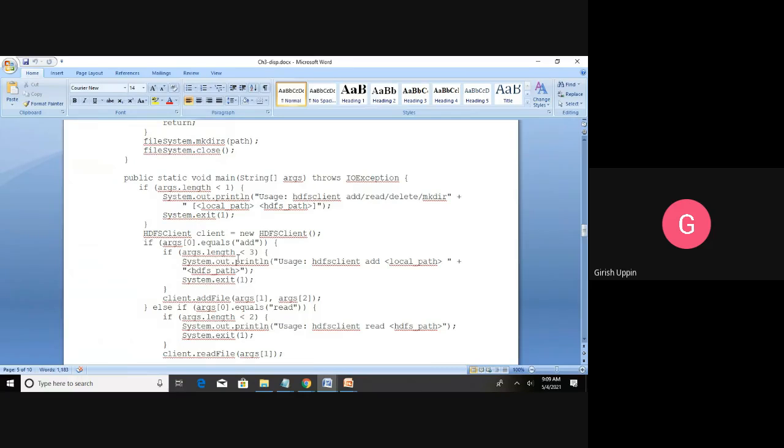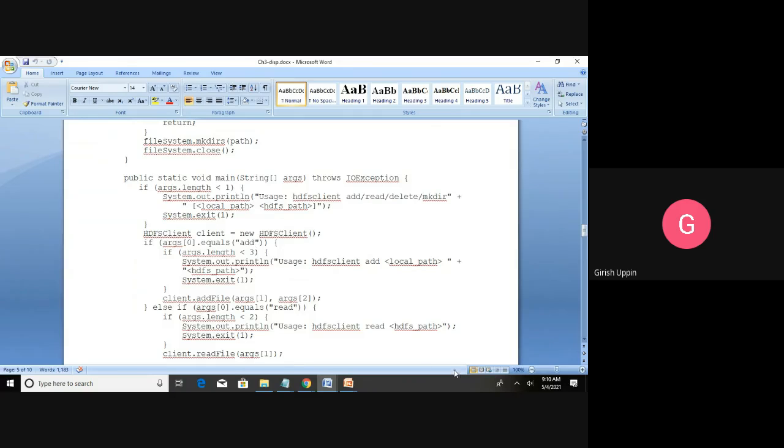Let us say it is not less than 3, then it will come here, client dot add file. We are calling the add file, passing args 1 which has the local path and args 2 which has the HDFS path. So this add file function will make sure that the local file is copied onto HDFS.